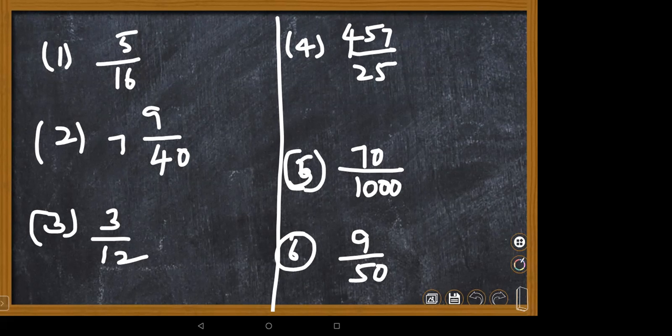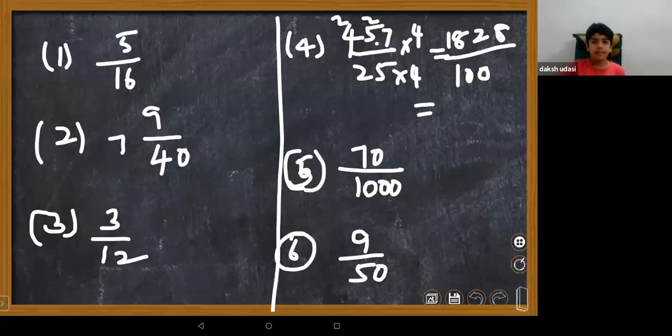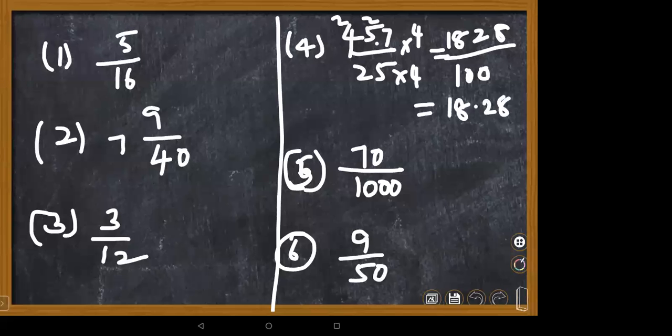Okay. Now, very simple, children. How you manage your time is also very important in competitive examinations. With 25 as the denominator, you multiply with 4. So 7 4s are how much, children? 7 4s are 28. Then 4 4s are 16, 16 plus 8 gives 18 by 100. So this is nothing but 0.28, 0.18. That's all. This is the direct answer, children.